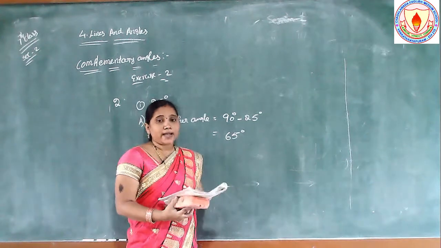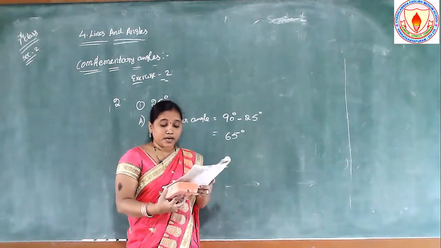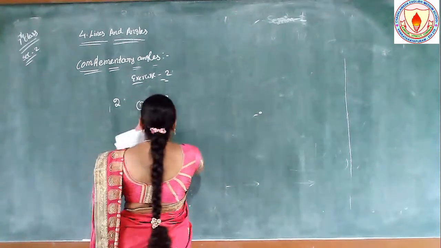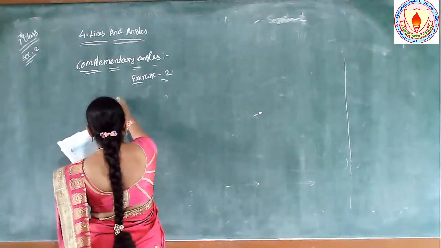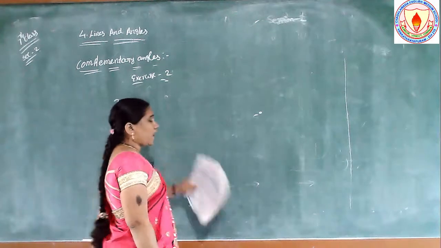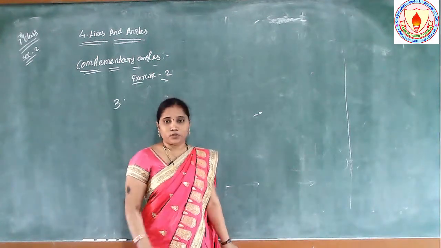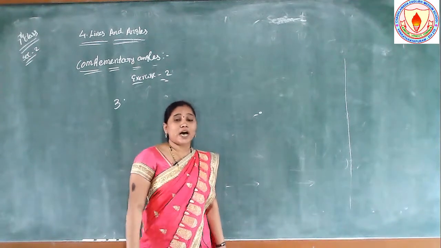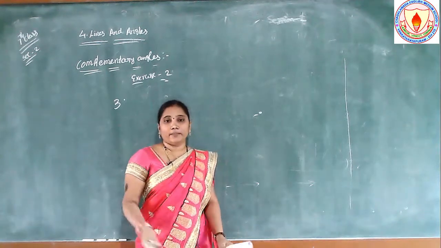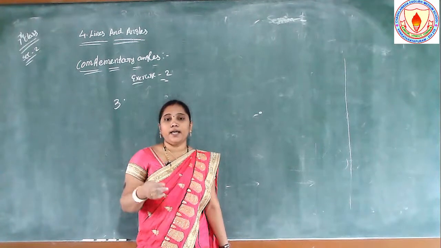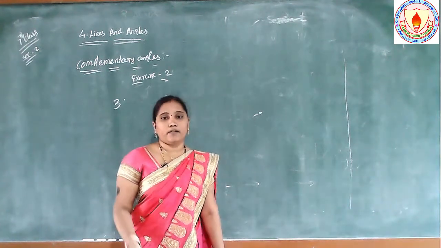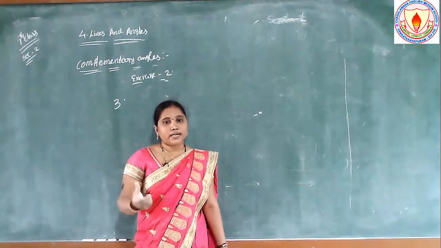See, two angles are complementary to each other and also equal. Find them. First you have to understand the question. Read the question. Two angles are complementary, but the two angles are equal. Find them. If you add the two angles we get complementary angles, but the two angles are also equal. Find them out. These are logical sums.